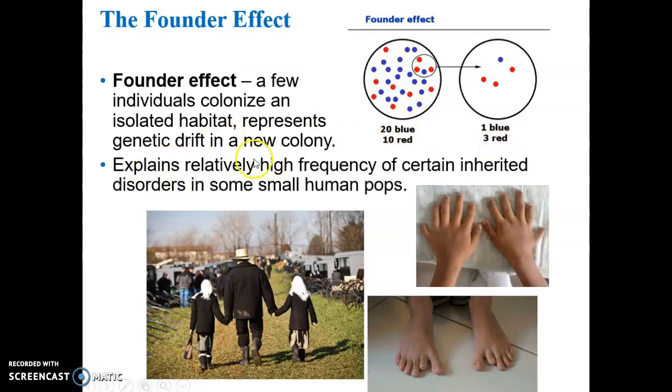So it explains founder effect of relatively high frequencies of certain inherited disorders in some small human populations, like in the United States, like within